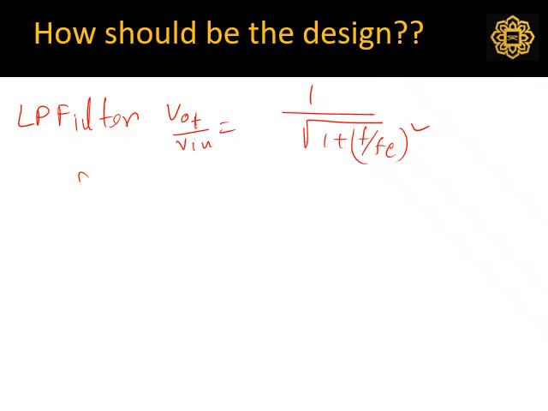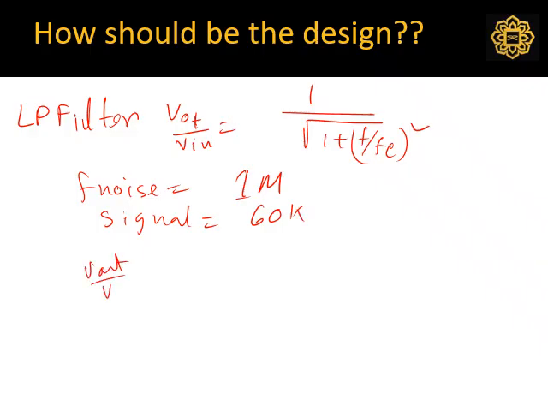So your F noise equals 1 megahertz, and signal equals 60K. Again, if your V out by V in equals 0.1, then you will end up getting Fc equals